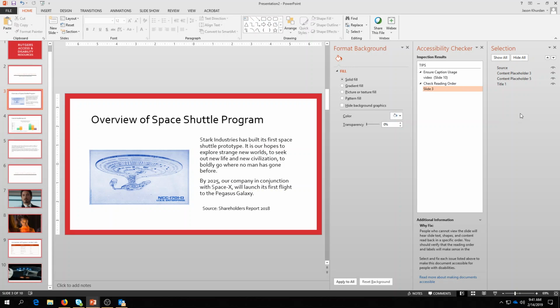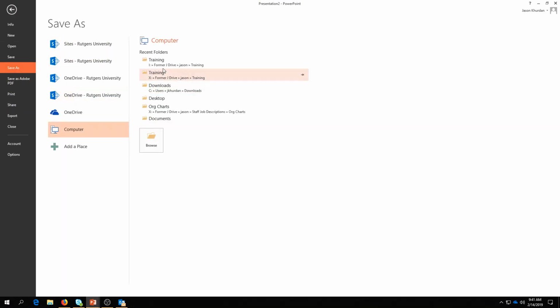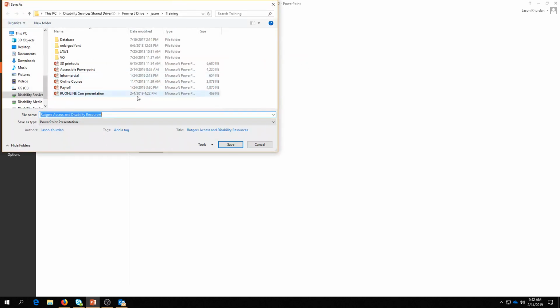And so that is the tutorial on how to make accessible PowerPoints. I'm going to upload a video on how a screen reader would actually read this. So I'm going to save this, save as training. I'm going to save this as